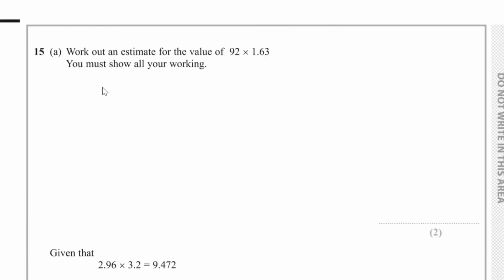Question number 15. For part A, we have to work out an estimate for the value of 92 multiplied by 1.63. You must show all your working. Well, we can write each of these numbers to one significant figure. We have 90 multiplied by 2, and this is given to one significant figure. And so if we work this out, we have 180. So the result of this calculation then is approximately equal to